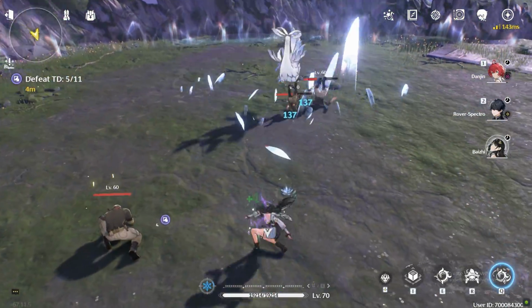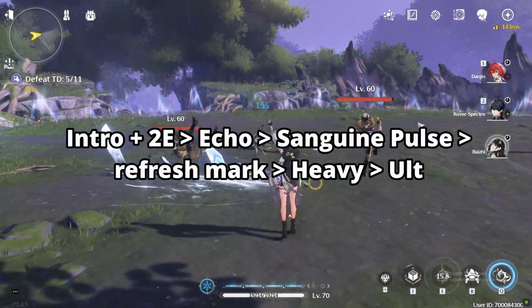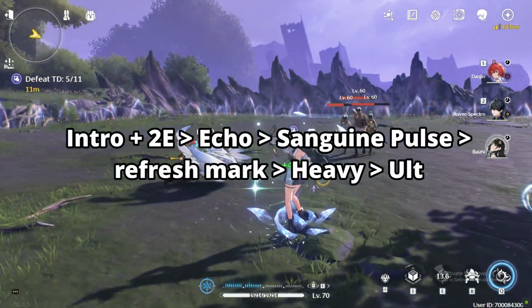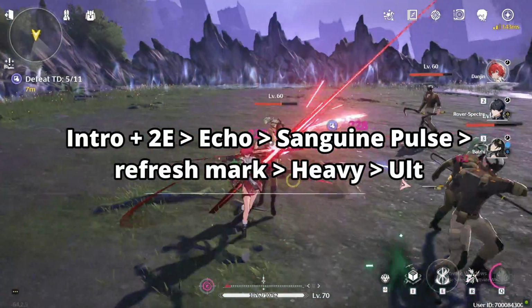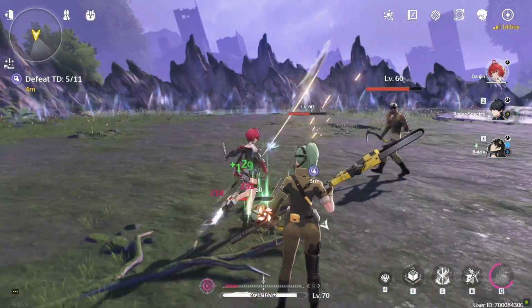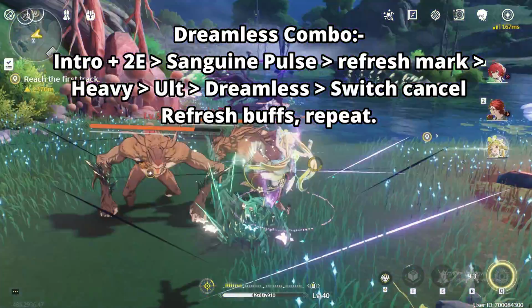So her combo will go like this: intro plus 2 skills, then Crownless echo skill, then do the Sanguine Pulse combo twice. Mark the enemies again with 2 basic attacks and 2 resonance skills. Use heavy attack and ultimate skill. If you are using Dreamless, use it at the end, and while the skill is active, you can swap into